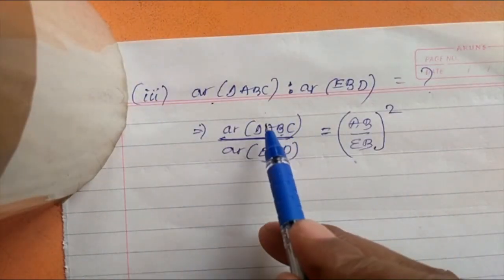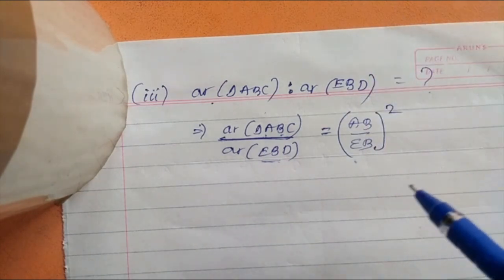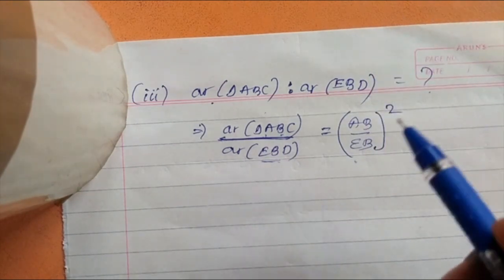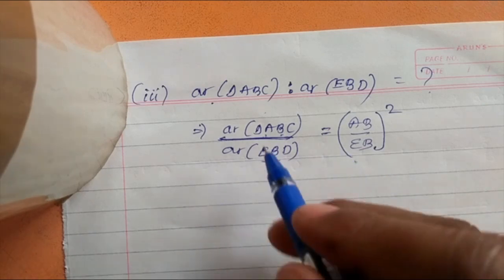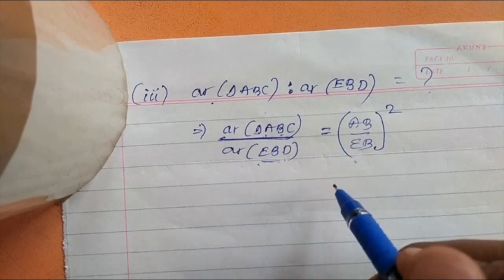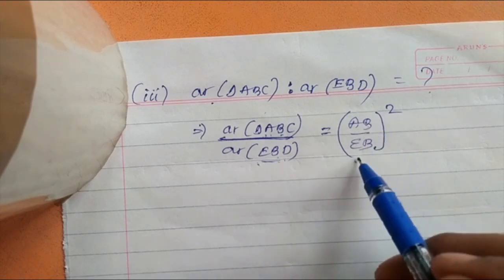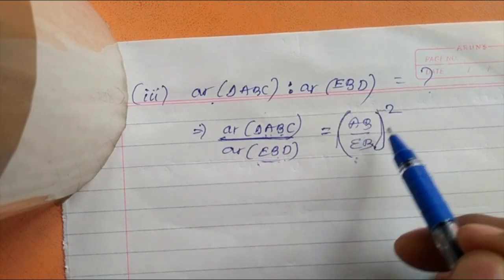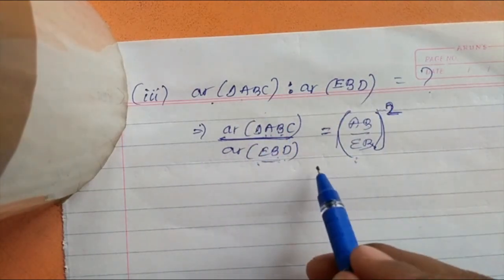So now the question is, what is the area of those two triangles? One triangle is smaller, another triangle is bigger. Obviously their areas are not equal, their areas are different, no? So how to get their areas in ratio? Area of triangle ABC and area of triangle EBD. One shortcut method we are following, that is first two letters you select and you go for whole square. This whole square gives you those two triangles' areas in ratio.